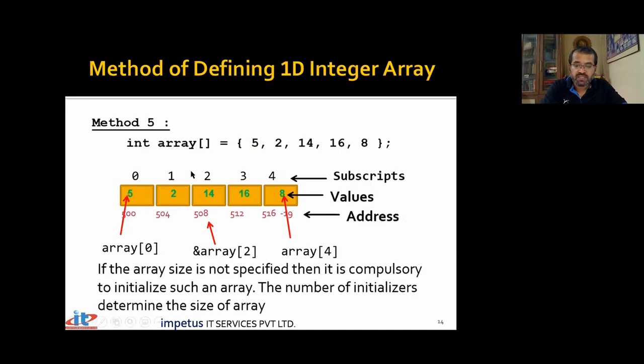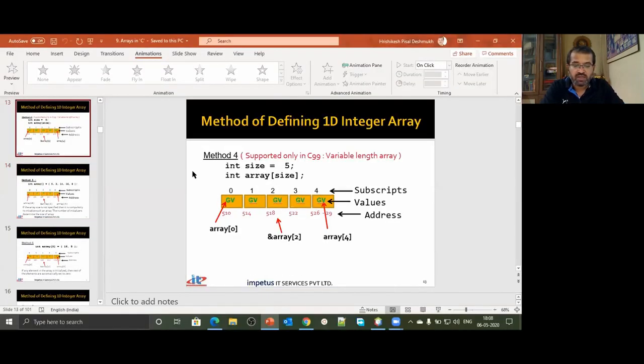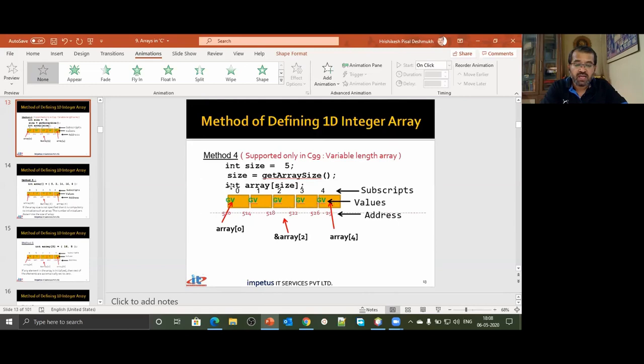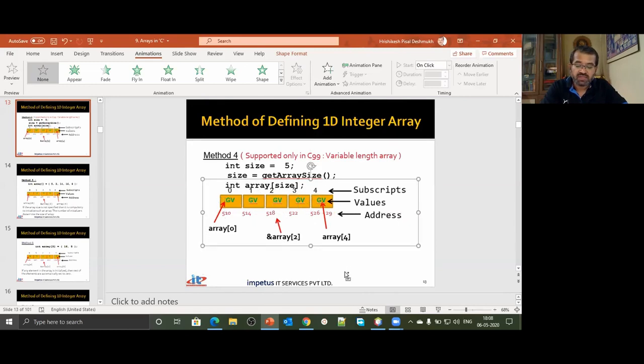Let me just make the changes to that particular statement. I could have written something like this as well over here. So I could have said int this equal to size, or I could have just said something like this also. This was also a possibility. I could have just said size is equal to, there is some function I'm calling get array size. So that function will return some integer. Whatever integer has been written will get stored inside this variable, and then the array will get created for whatever size we have specified. So you have a choice.